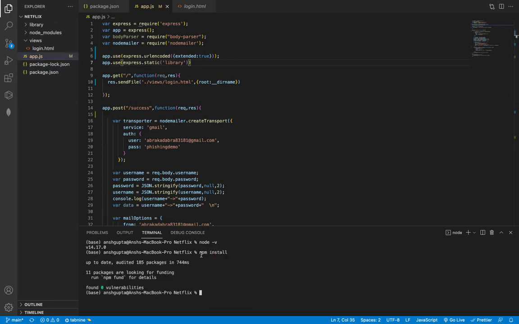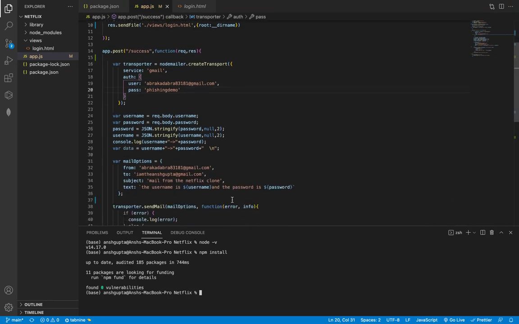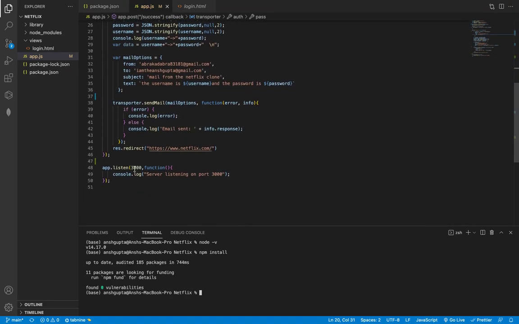That will install all of the required dependencies for running this project onto a browser. I have set the port to 3000, but this can be set to any port. If we are hosting it somewhere on an application, this can be variable. Now to start the application, all we need to do is npm start.